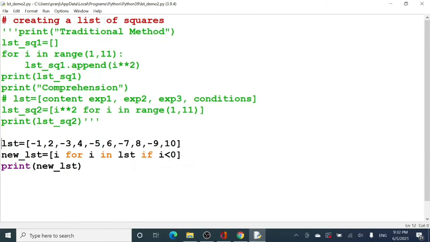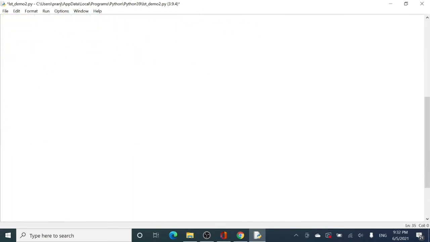Here, just commenting this list because I do not require this anymore, and coming back to how we can create a list of tuples. So here I will be directly making a new list, right? So the name will be new_list. So always remember, first we will be taking an empty list. And first of all, we will be writing the content. You can also write the expression first, but here I want my content.